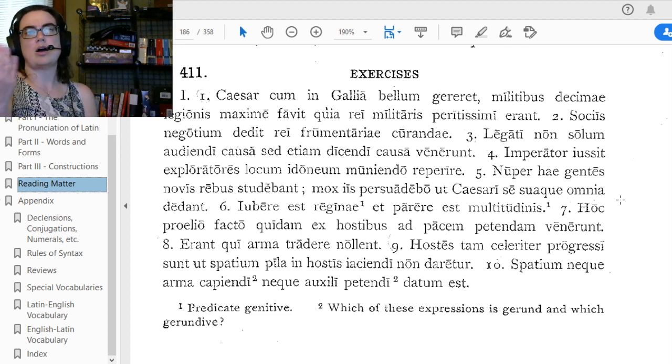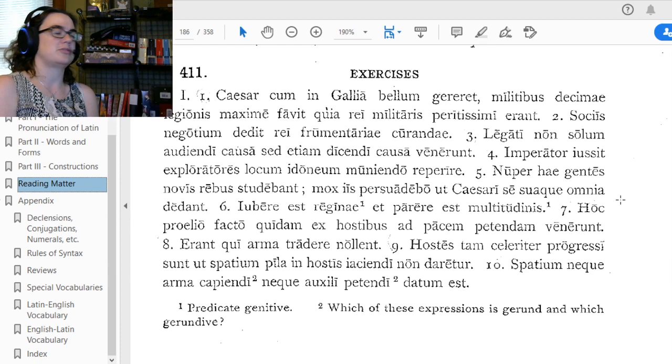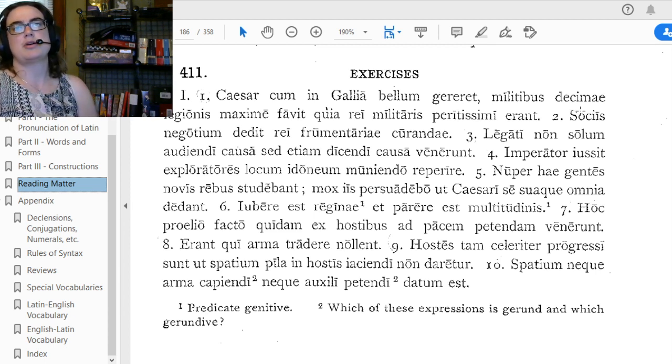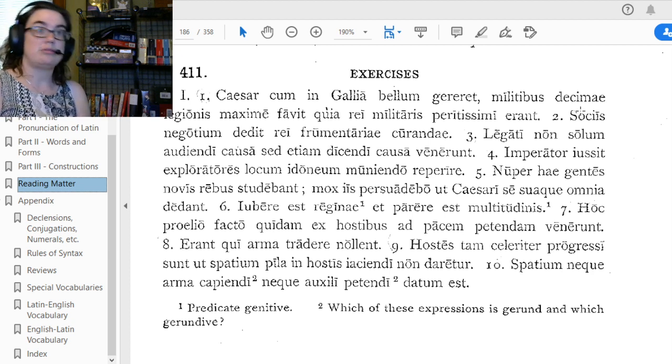Obviously, it's an ablative absolute. What else could it be? That's an excellent way to start your sentence, especially when it's a perfect passive participle, facto. So with this battle having been done, after this battle was done, because the battle was done,